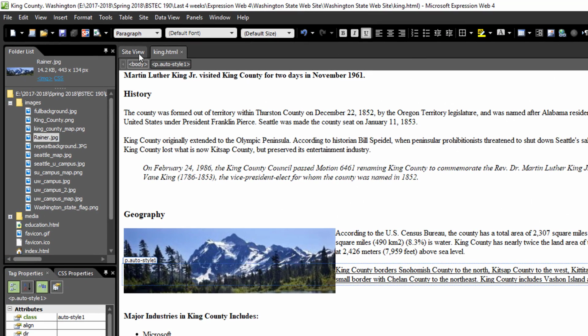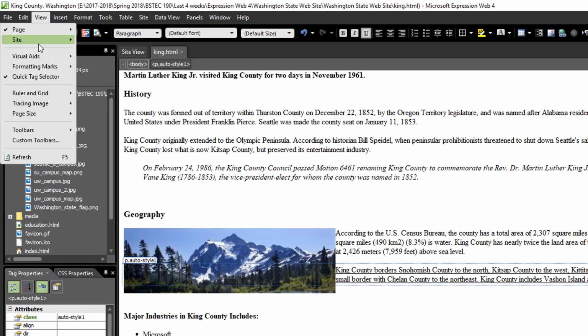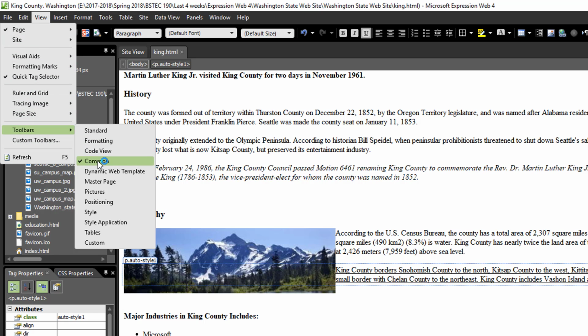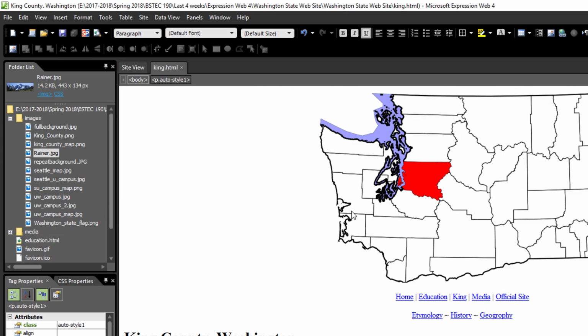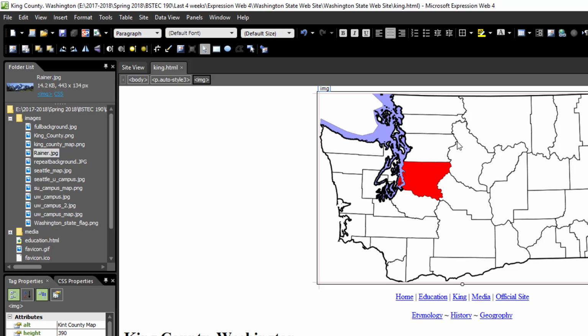Oh, we lost everything, didn't we? Let me go do that. Toolbars, pictures. Yeah, I don't know what happened. It crashed on me. At any rate, so I'm going to select the image so you can see all the